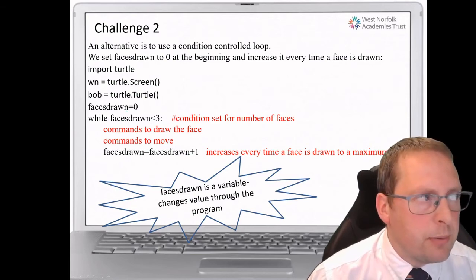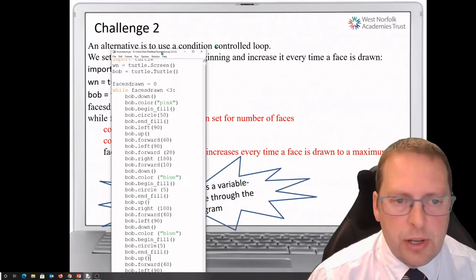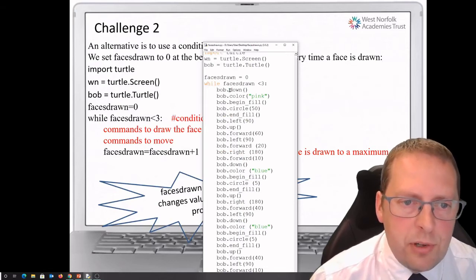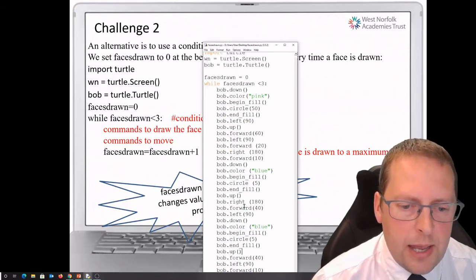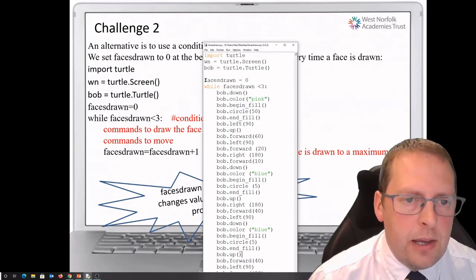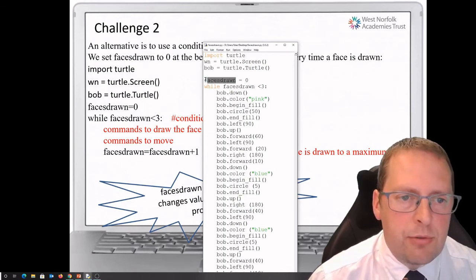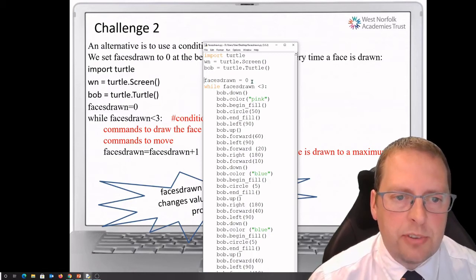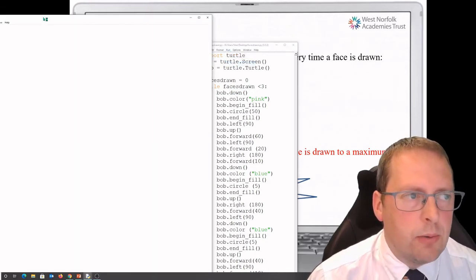So that's what you're looking to produce. And my example is here. So I've used my same bit of code. I've just copied and pasted how I drew the face. And I've here initialized my variable with faces drawn equals 0. While faces drawn is less than 3, run this code. Run module, and we should find